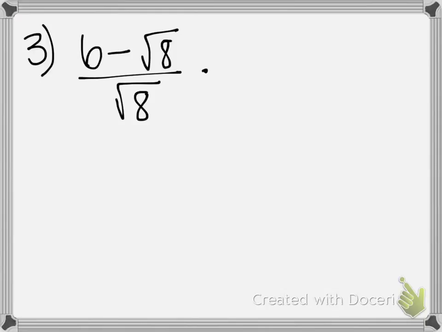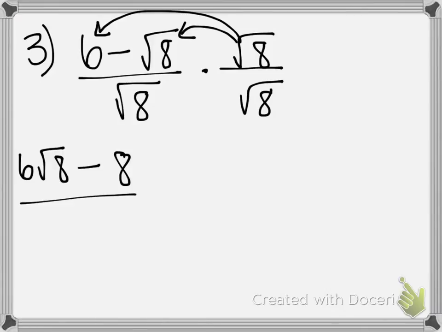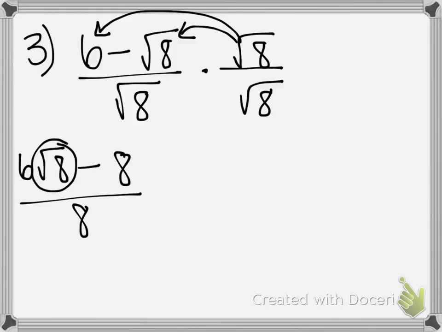So I need to rationalize, so I'm going to multiply by the square root of 8 over the square root of 8. I'm going to distribute the square root of 8 to both parts of my numerator. So I'm going to have 6 square root of 8 minus 8, because square root of 8 times square root of 8 is just 8, all over square root of 8 times square root of 8 is 8. Okay? And actually, before I look at my 3 terms here, before I even do that, I need to actually simplify that square root of 8. Okay? So square root of 8, I can break that up into 4 and 2, and then 2